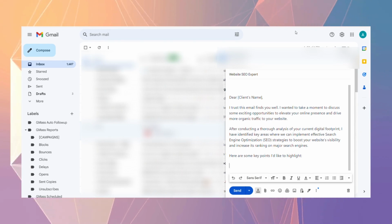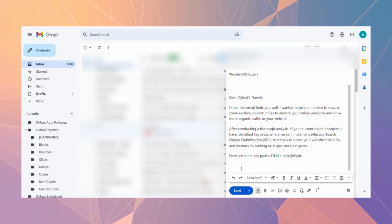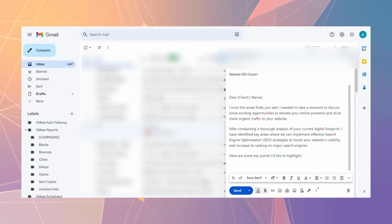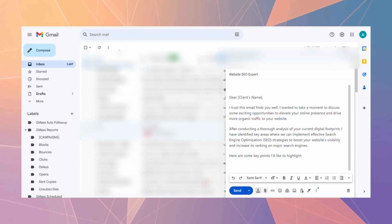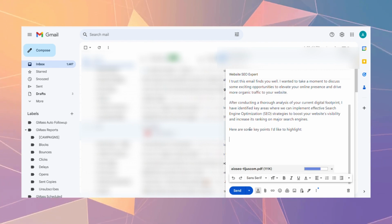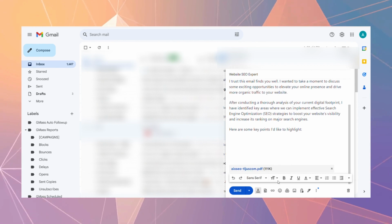After explaining the benefits, use the Attach File option to send the downloaded 12-page SEO report you obtained earlier. This detailed report will showcase your authenticity and the thoroughness of your analysis. Mention that many U.S. businesses invest heavily in online methods because they understand the returns. When they realize the authenticity and quality of the data you've provided, they will likely be impressed and interested in